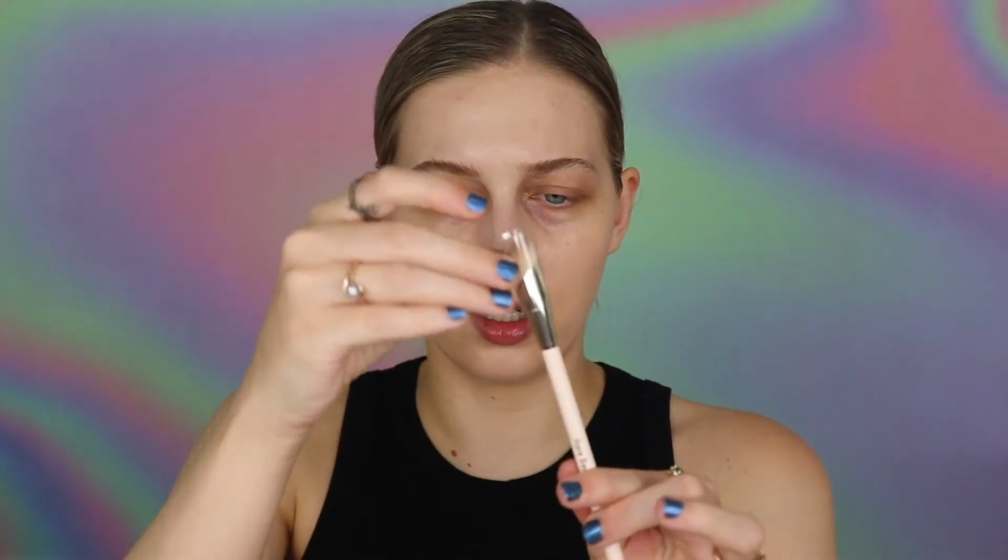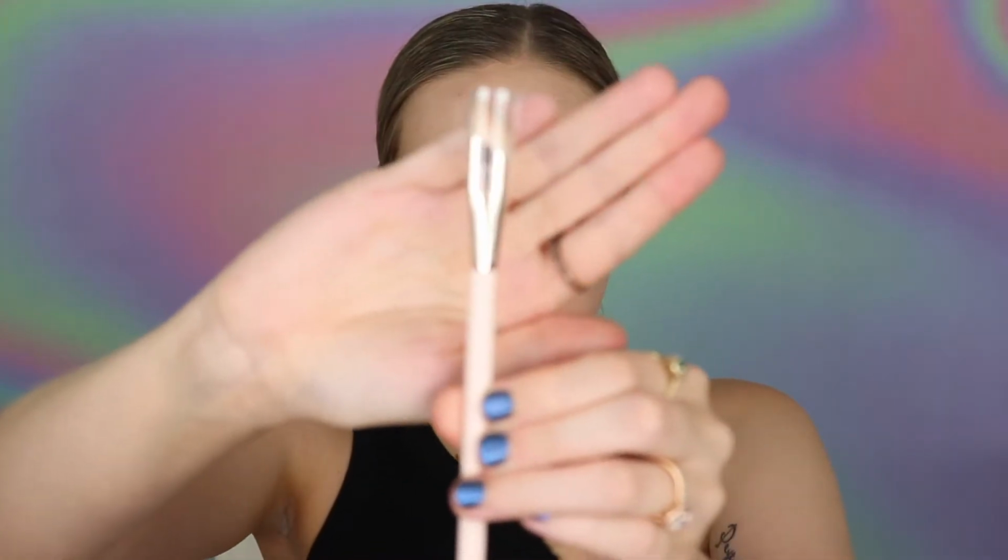So I did pick up the Liquid Touch Concealer Brush. This retails for $16, which is still pretty expensive, but actually a lot cheaper than the foundation brush. Oh, it's actually a lot smaller than I thought it was going to be. Do you see what I'm talking about